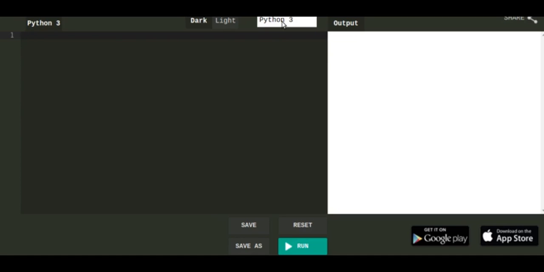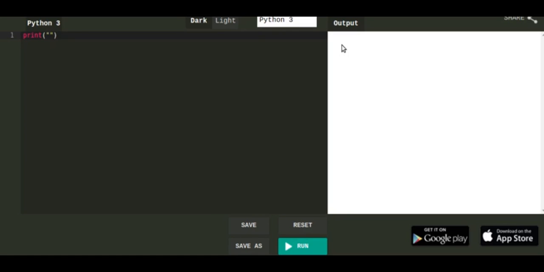Suppose that we want to output our name on the result window, then we will output that name by using the print statement. Say that if we want to output hello world on the output screen, how will we do that? Let me show you. The command will be print, after that parenthesis, after that inverted commas.